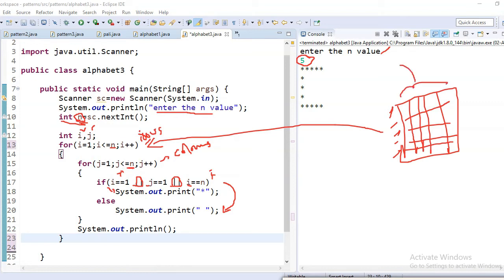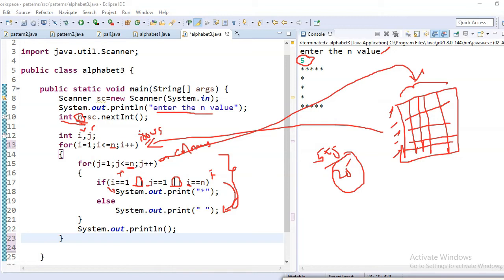So what happens with the columns? Every row the columns will run 5 times, 5 times, 5 times. That means this for loop will run 5 into 5, 25 times. 25 times this for loop will run.